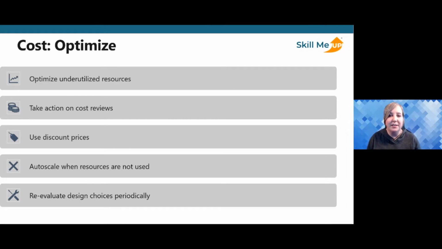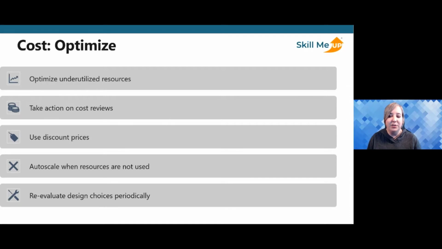So the reserved instances, AHub licensing, that is really important with certain types of workloads, especially workloads that live in the VM space. There's also the on-demand auto scale up, but then you can auto scale back when the heavy peak time has passed.